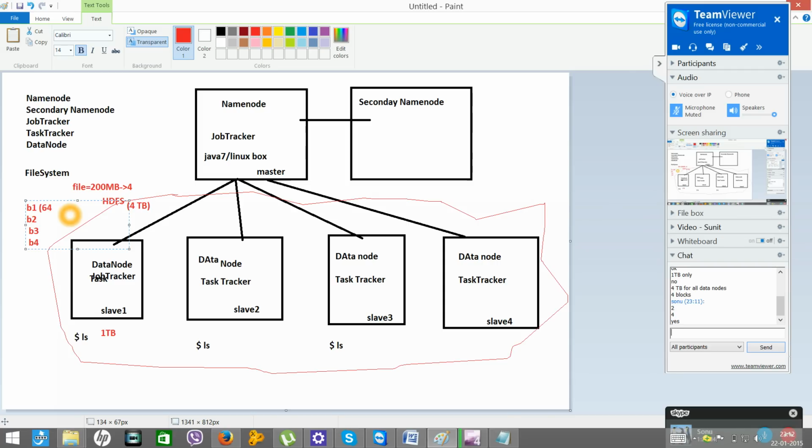Whereas if you talk about split, it would be around 63 and so on. So 64, 64, 64, and what remains? 3 sixes are 18, 192, so 8. And my file name was abc.txt.